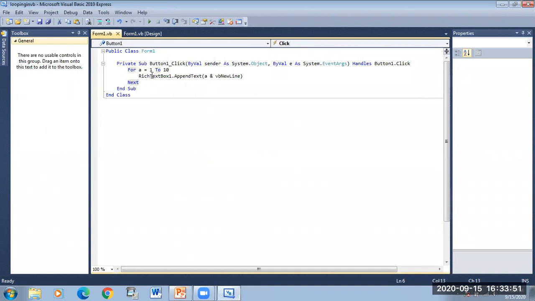In the same way, we can use the Do While loop. Looping is basically the same: a loop will repeat the statements every time, whether it is a For loop or a Do While loop. So we can write the same program with the help of a Do While loop. If you go to page number 124, you can see the Do While loop. The Do While loop statement is used to execute a set of statements only if the given condition is satisfied. Here we have given the condition 1 to 10.